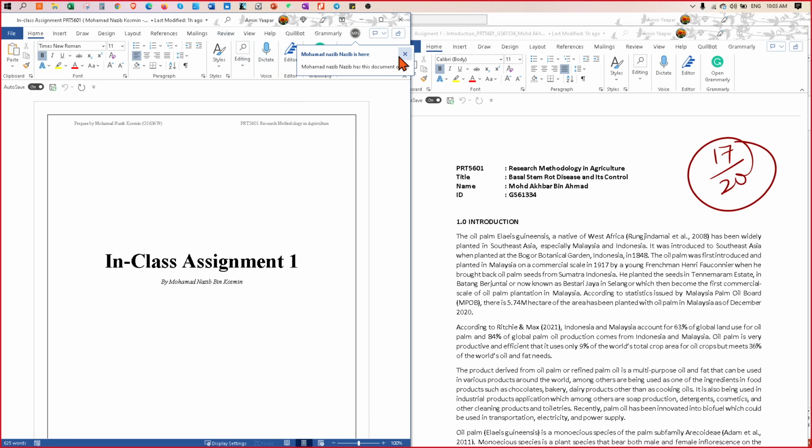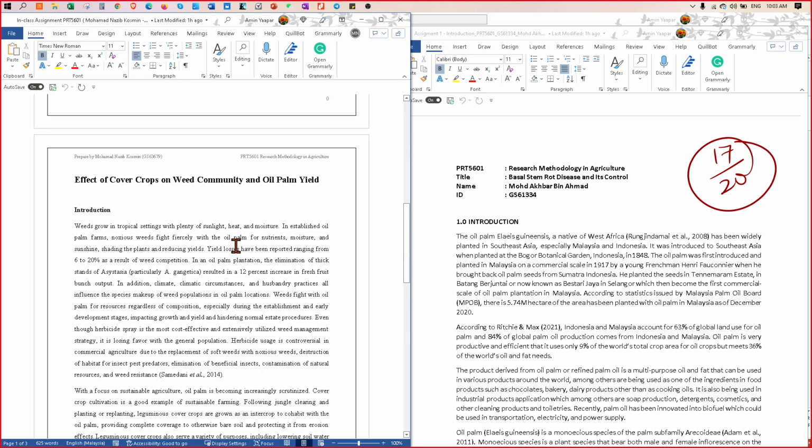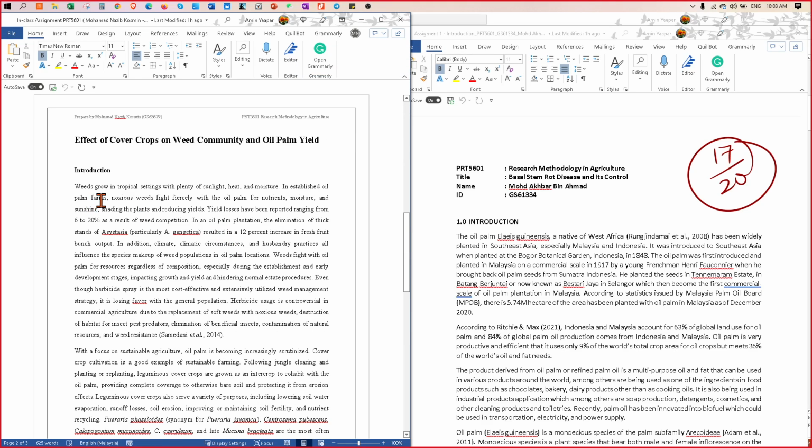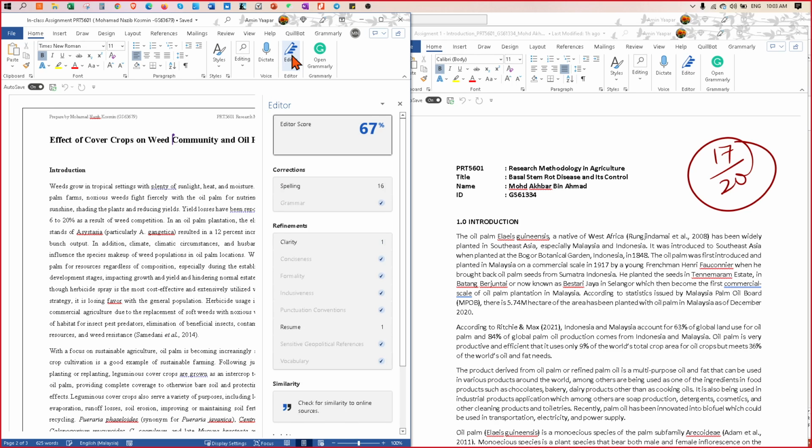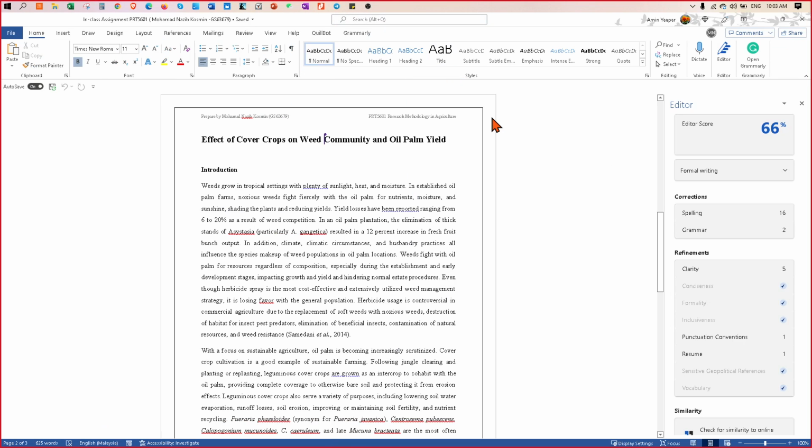All right. So, if you don't want to use Grammarly, another option that you can use is the built-in function inside Word, like here, the editor. You can check for the spelling as well and the grammar. So if you turn on the editor, this is for the rest of the class as well. It will be under the home tab. Yeah, and then you're going to find this editor here. See here. So if you turn this on, you're going to get all of these.